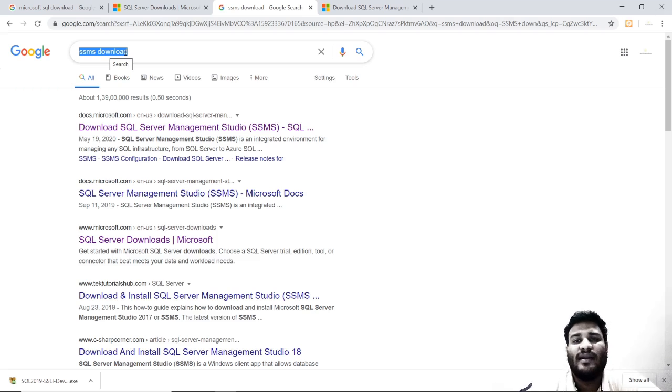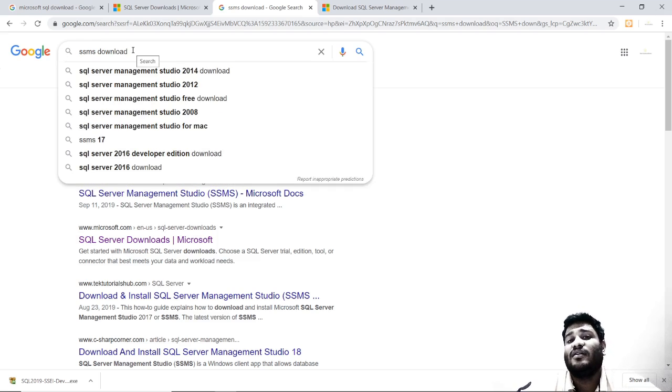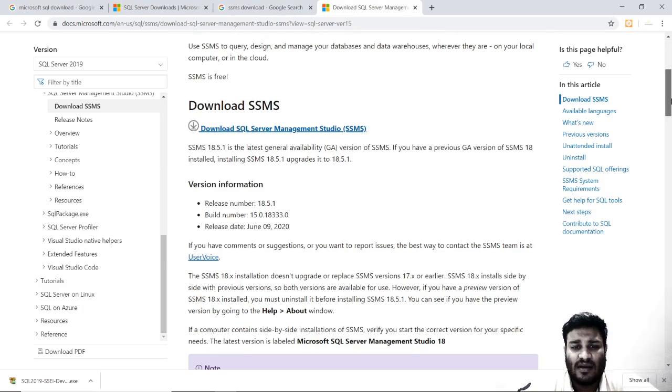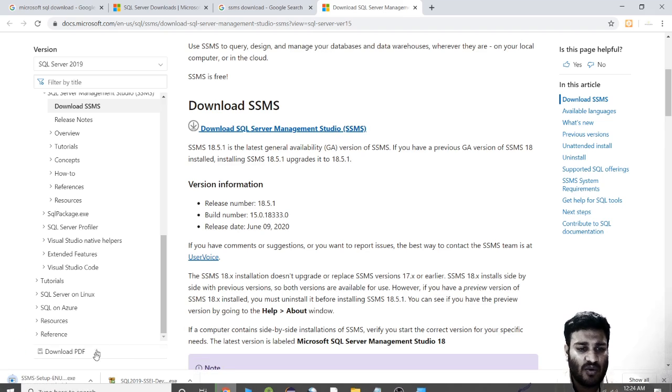Again, we have already discussed that SQL Server is a client-server architecture. This is the client, or you may even write your client via some connector from Java, Python, etc. So there are various connectors. Using them you can connect to the server. Then after typing in ssms, just click on download SQL Server Management. Again, this is a huge file, so it will start downloading.